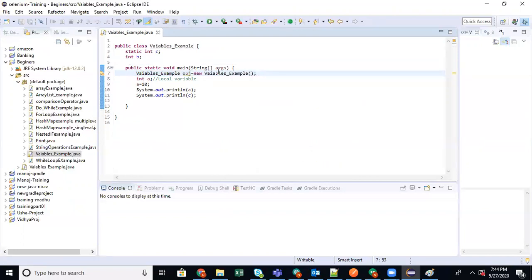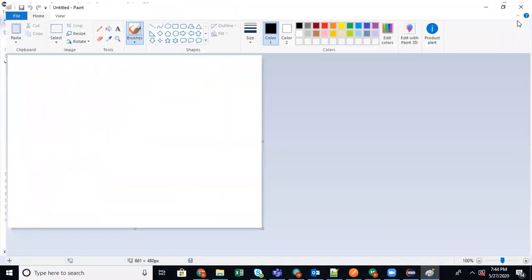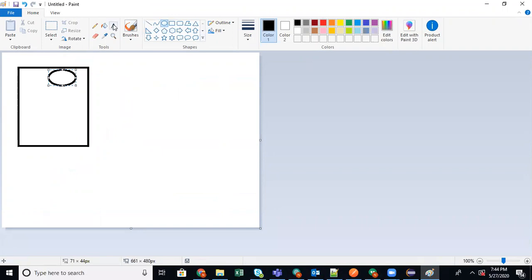So when you create it, what will happen in the background? First let's segregate. So this is a class. The class name is what? Variable example.